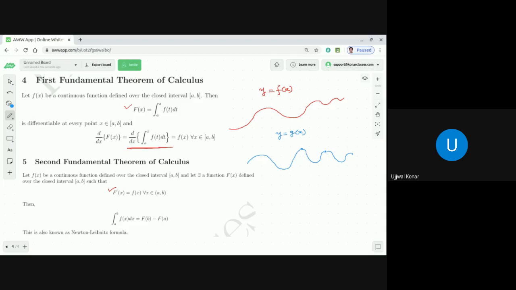That is why, if you go back to the English word, continuous means happening without interruption. So here also we are drawing a curve without any interruption, hence the function is continuous, which is in red color. In blue color, you see I drew the curve where I need to lift my pen, so there are interruptions, and hence it is discontinuous. And the discontinuous points are the points where I had to lift my pen.